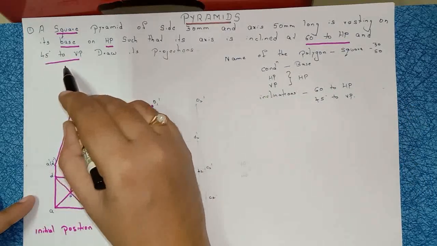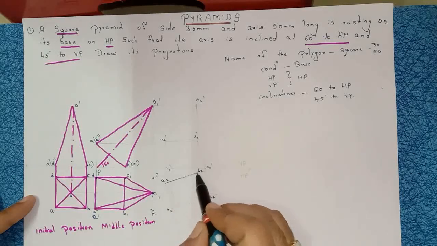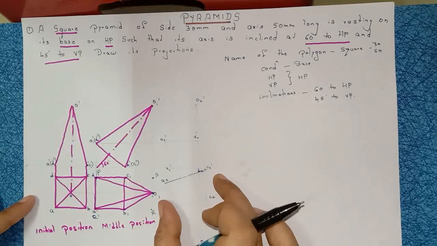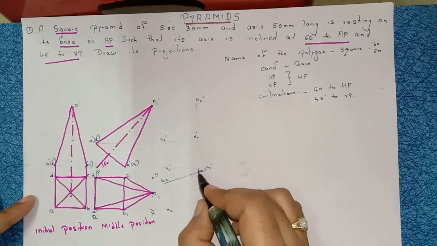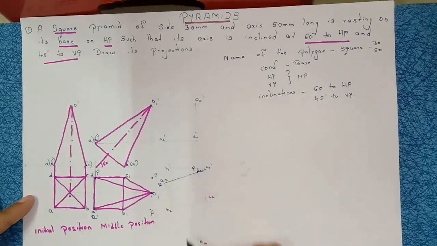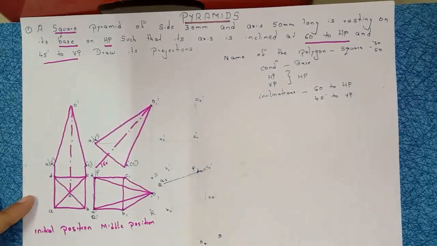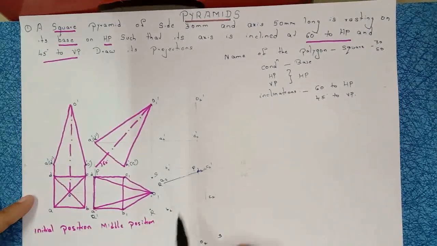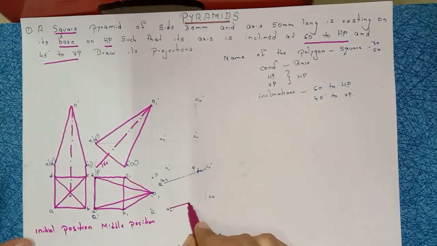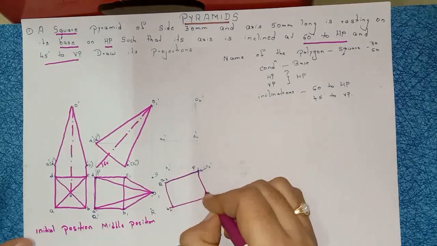The angle is how much? 45 degrees, right? With 45 degrees, draw this PQ line here. Leave a 5 mm gap. This is the point P, Q, R, S. P, Q, R, S is a box, right? Same, from A to B, take this distance here and draw a line.